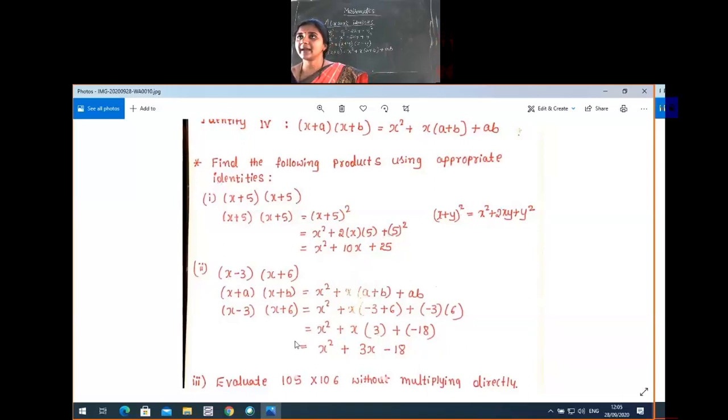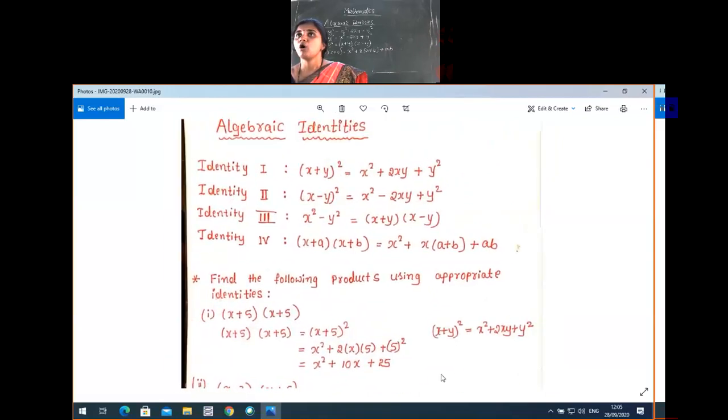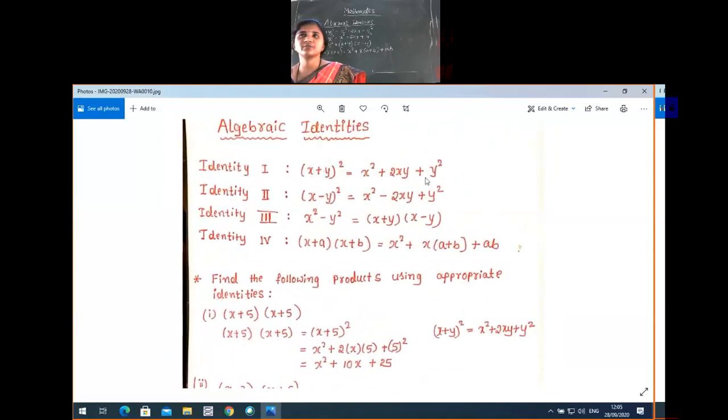So here the suitable identity is the fourth identity. Why do we have to choose the fourth identity? Here we have different numbers, so we can call them a and b. In the above three identities, all the terms are the same. (x + y) whole square we cannot use, (x - y) whole square we cannot use, x square minus y square, that is (x + y) into (x - y), these terms are the same with the opposite sign. So here x is the same, a and b, these numbers are different. Even if the a place is a negative number, you still have to use this identity only.